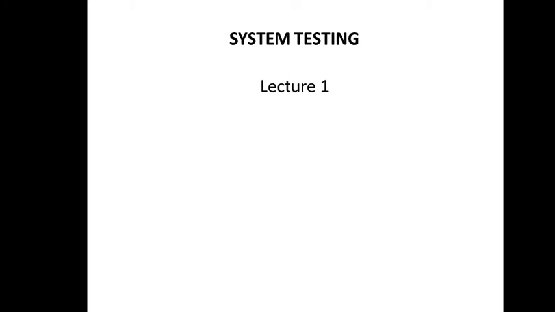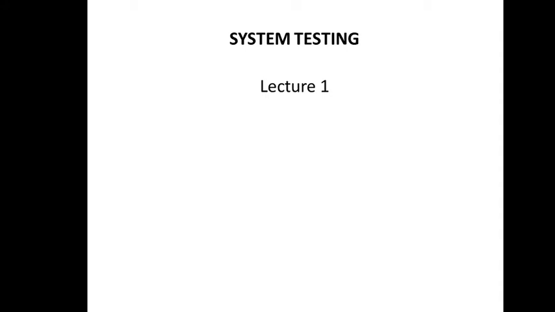So in the last lecture, we discussed unit testing, integration testing, and function testing. Now the other category is system testing. So what do you think is the difference between function testing and system testing? In function testing, we said we are supposed to check all the functionality of the system, whether they are working or behaving as per the expectation or the behavior specified in the SRS document.